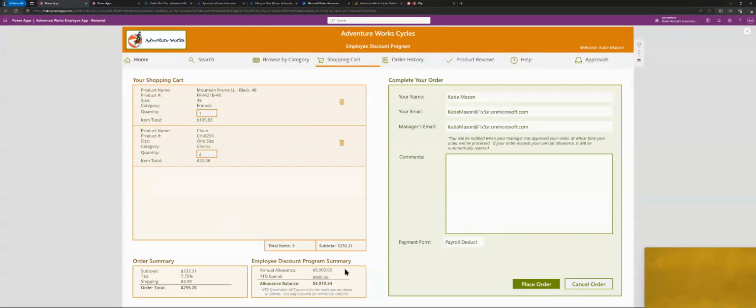I also have the employee discount program summary. So say for this example, employees can only purchase up to $5,000 worth of product at the discounted rate. Here's their annual allowance. Here's what they've spent year to date, pulled from the product orders table. Here's the allowance balance. If the order total is greater than the allowance balance, you cannot place the order, and this button becomes disabled,